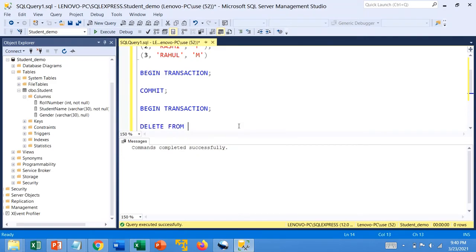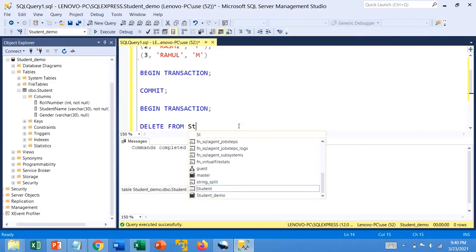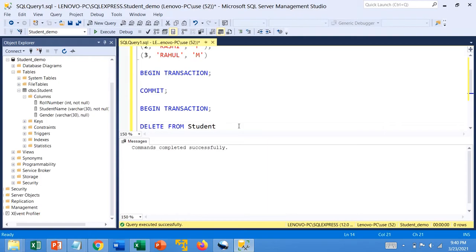Delete from student where roll number is equal to 3. One row is affected.